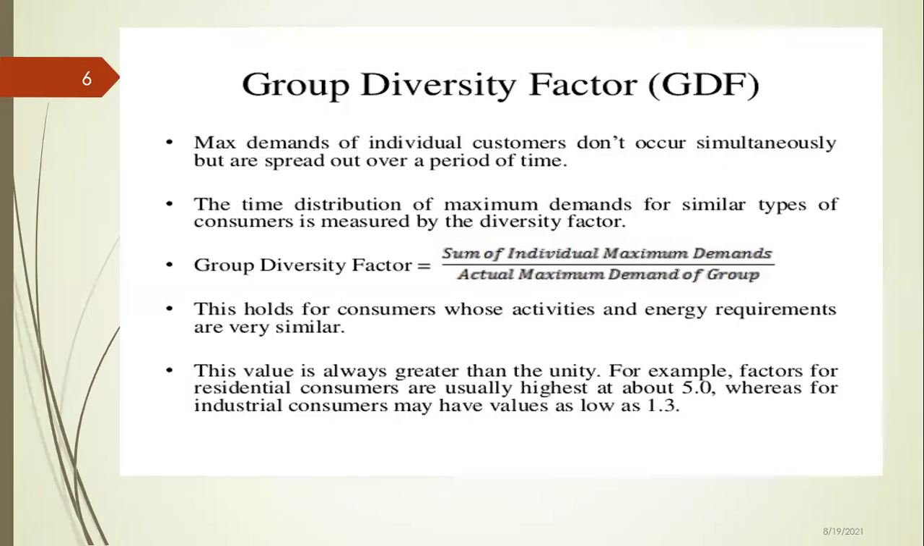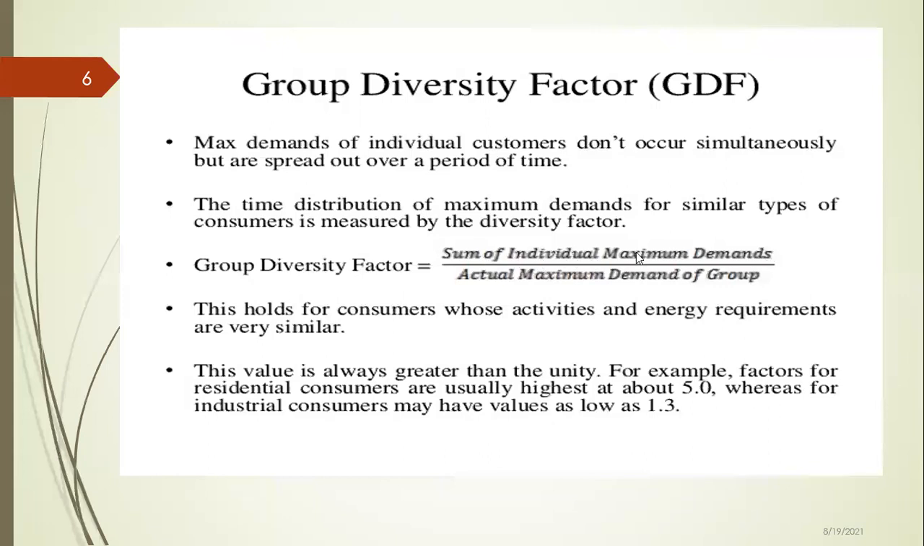Here, the group means your colony. What is the maximum demand of the complete colony at some time instant? Like the maximum demand of the complete colony is between 5 to 6 p.m. But at that particular 5 to 6 p.m., house number 3 is at its minimum. It may be possible like this. So in the denominator it is the maximum demand of the group, and in the numerator it is the sum